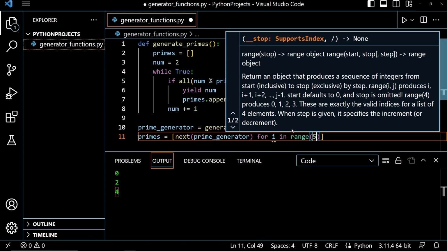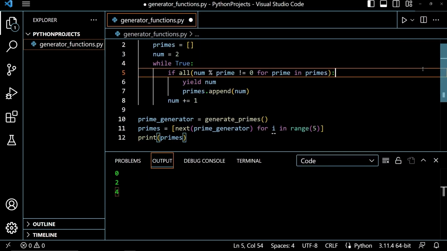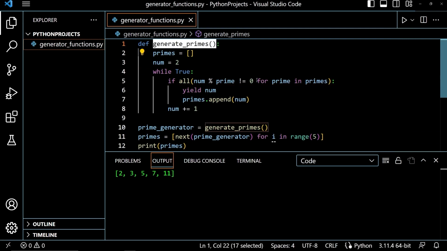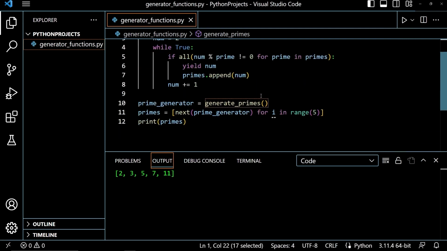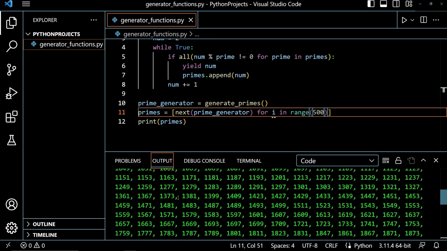I'll start with 5, and then just below this I will print my primes list out. And now when I run this, I get this output: 2, 3, 5, 7, and 11, which are the first 5 prime numbers. And since my generate primes function generates an infinite sequence of prime numbers, I can put whatever value I want here. So if I wanted to generate 500, I could generate 500, and then I get the